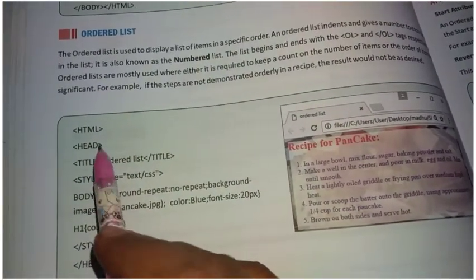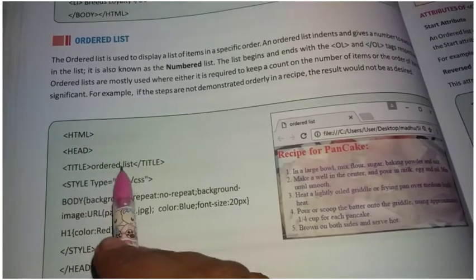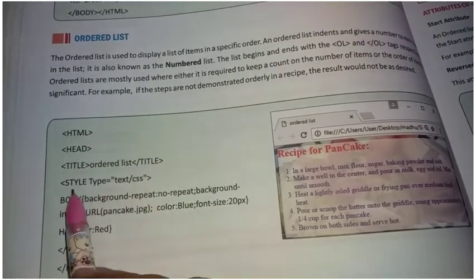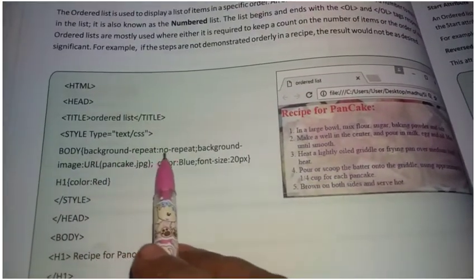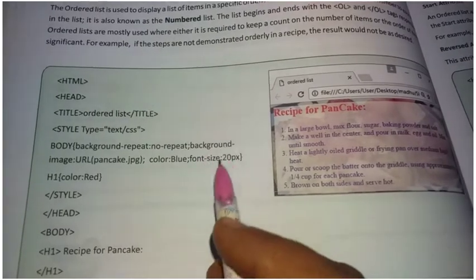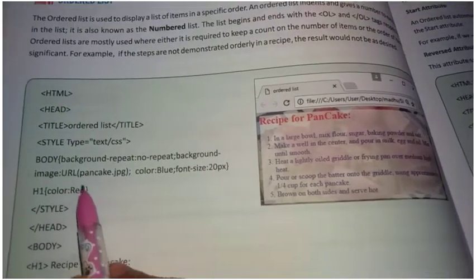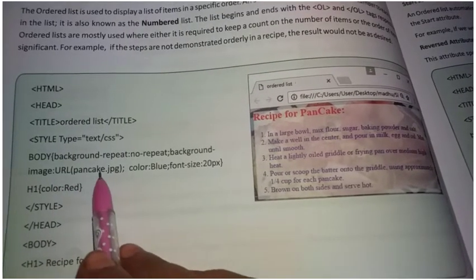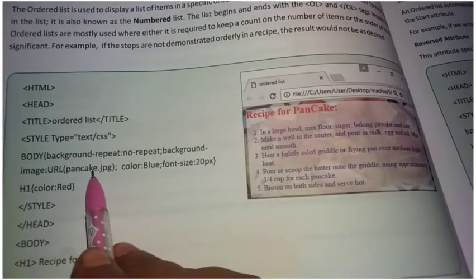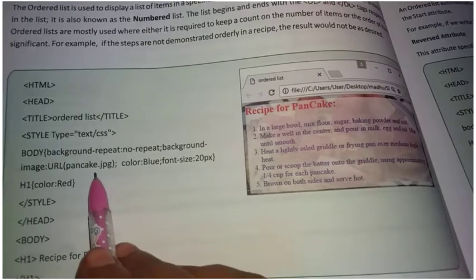HTML, head, title. In the title, ordered list, close title, style type equals CSS, body, background, repeat, no-repeat, background image. Here they have inserted an image. That image URL is here like this. If you want to keep another image also, we can see that later.